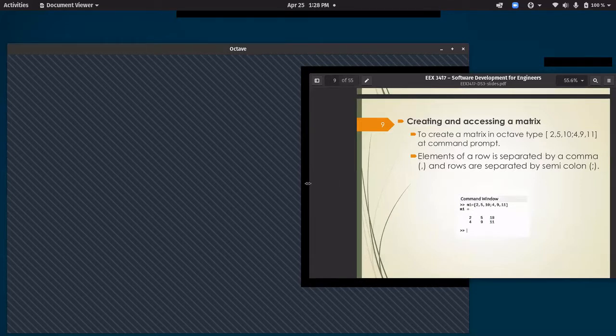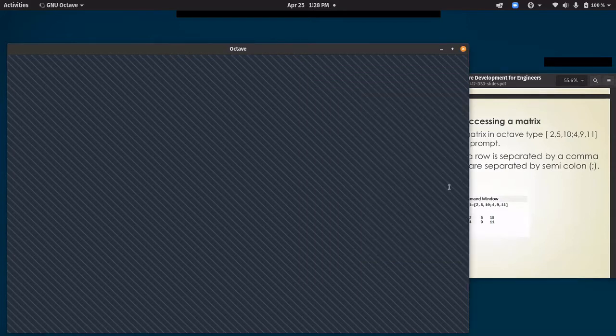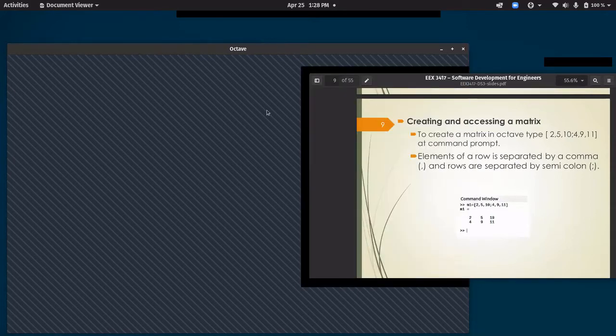Now can you see? Yes, sir, we can see both screens. Both screens. Right, okay. Now